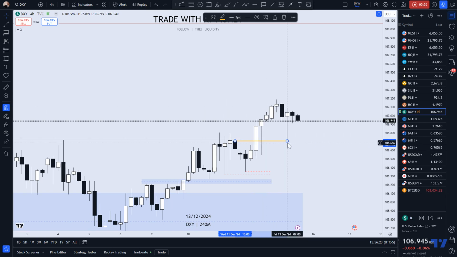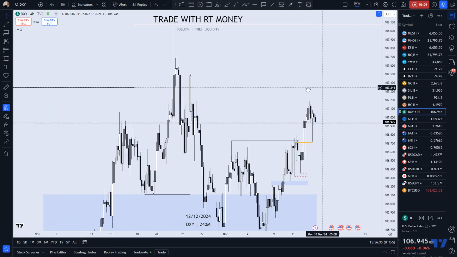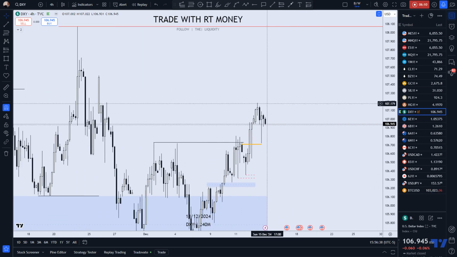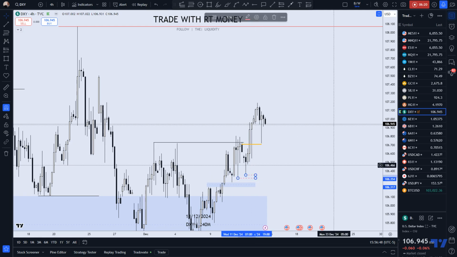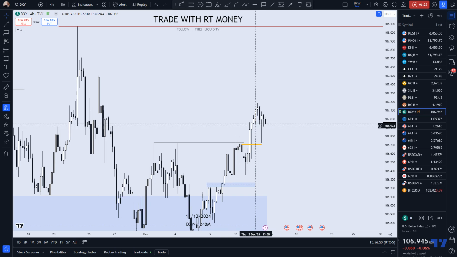Here we are again, back into this area of fair value. And what we're looking for is to see if price finds its way up here. So come next week, I'm looking to see if price will continue higher from these prices without having to take that low, without breaking structure, because there's no fair value gaps to speak of in this bullish leg here.